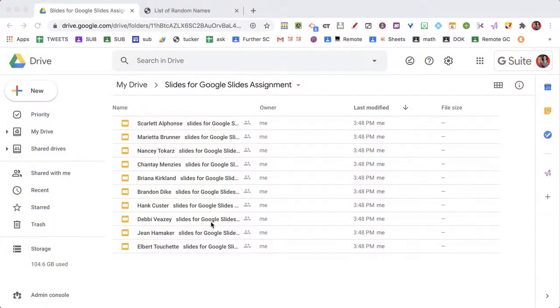This folder could be from Google Classroom, which generates a folder when you make a copy per student, or you can use alicekeeler.com/folder of slides to create a folder of slides, or alicekeeler.com/pile of slides to make a folder of slides, or any other way. Bottom line, you have a Google Drive folder with a bunch of Google Slides in it, and you want to read them. So we're going to use